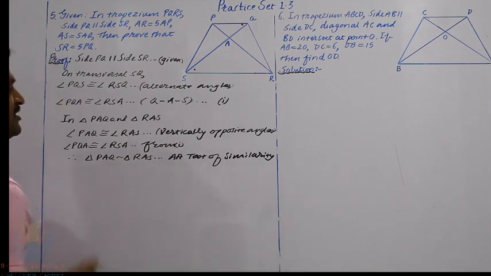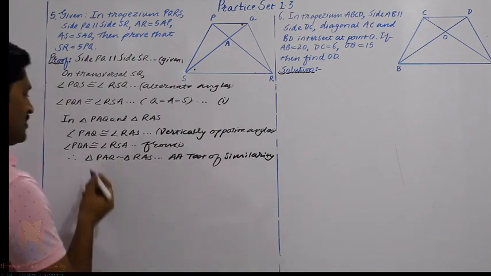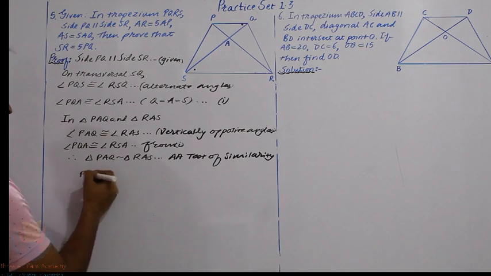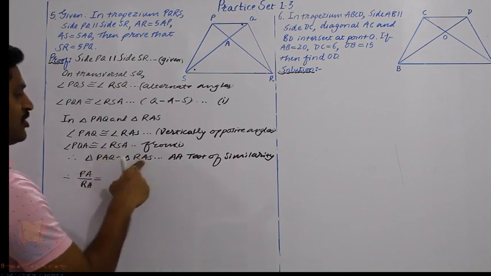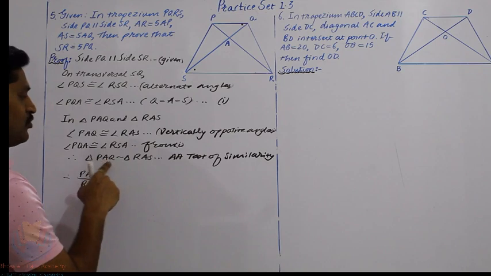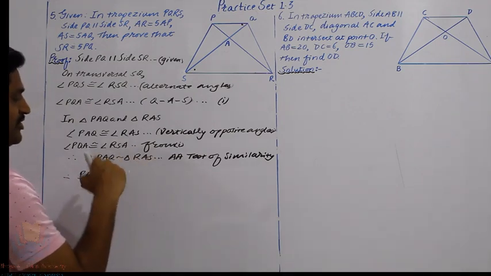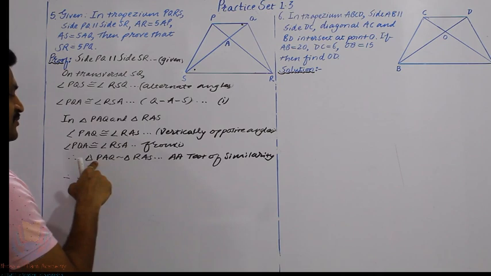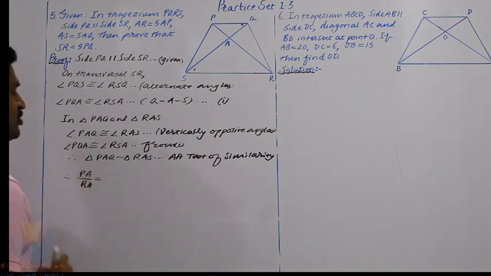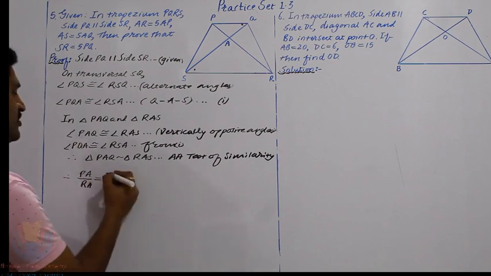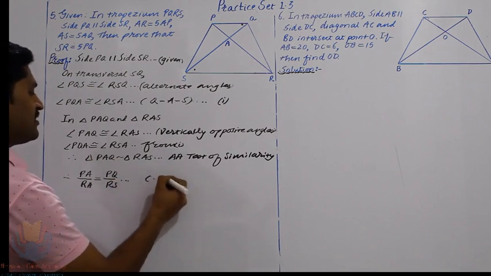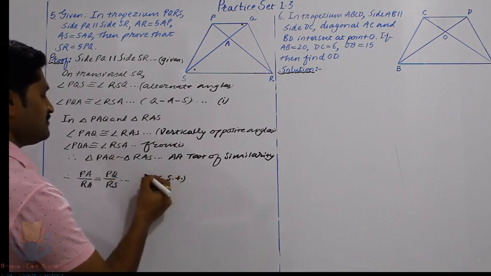So as the triangles are similar, their corresponding sides are in proportion. So first we will take this PA upon this RA, which is equal to, so instead of taking this AQ upon AS, let us take this PQ upon RS, because we wanted to show this RS is 5 times PQ. Its value is given to be 1 upon 5, or one of the segments is 5 times the other. So let's take here PQ upon this RS. So the reason will be corresponding sides of similar triangles.